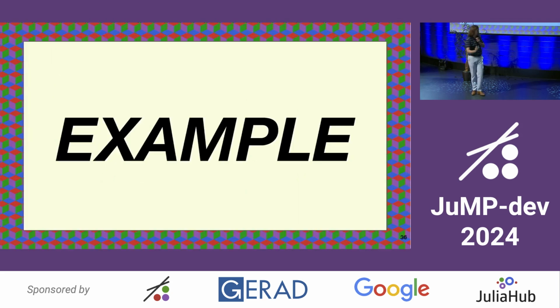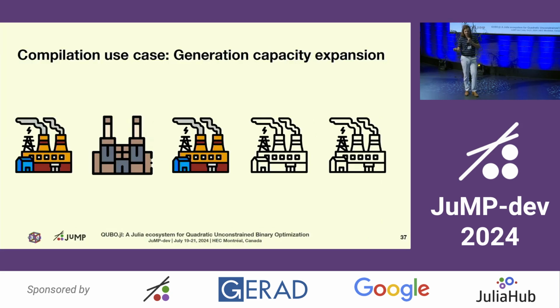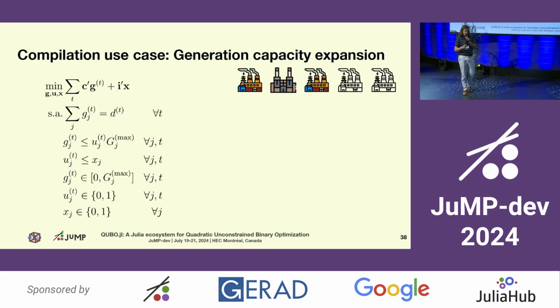All right. So for those who are new to the package and how it works, we have some example. Since everything starts with power systems, we have generation capacity expansion. We have some facilities that we have already built, and we want to operate with them, but we have some candidates which we can build or not to allow our operation. So here we have the model, the operation, and the balance are represented here.